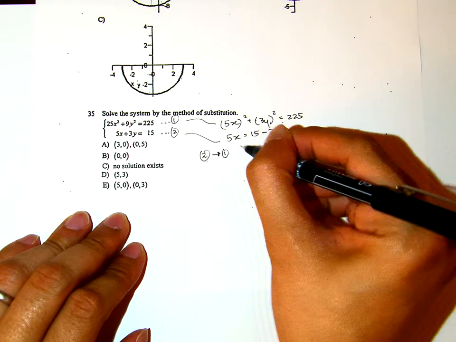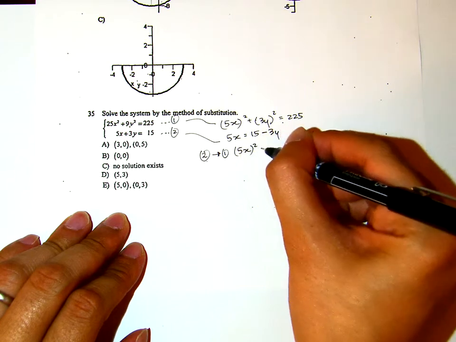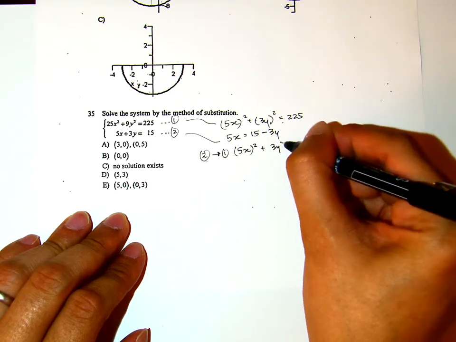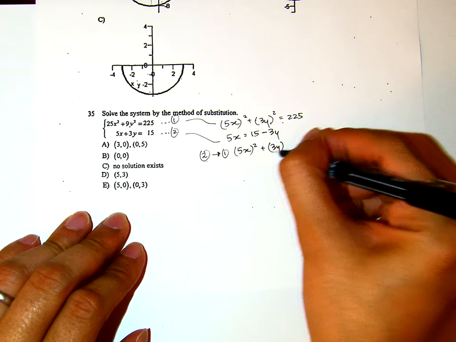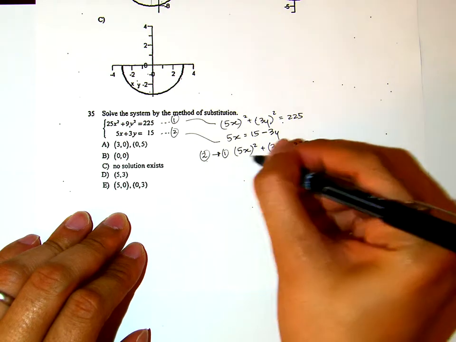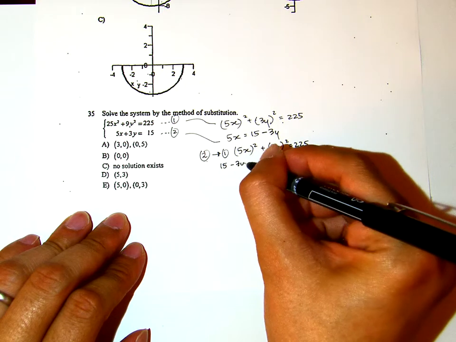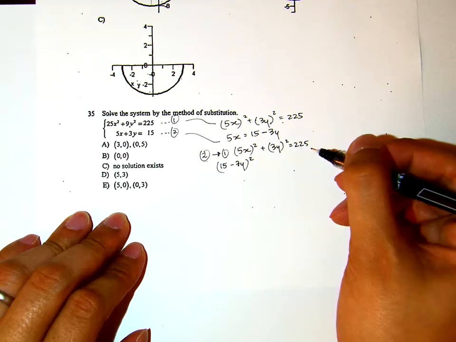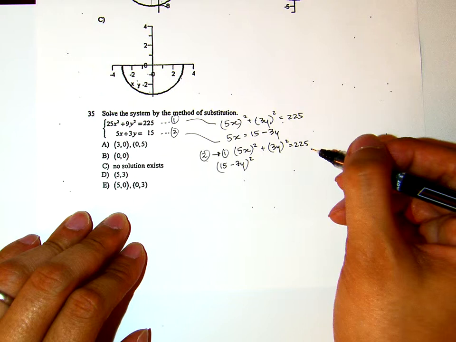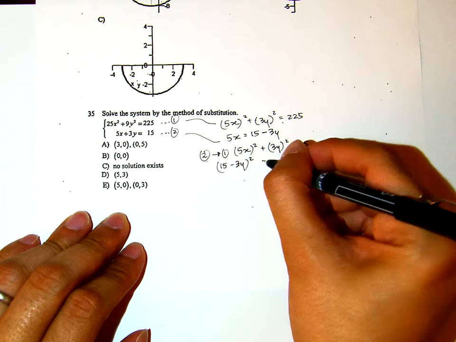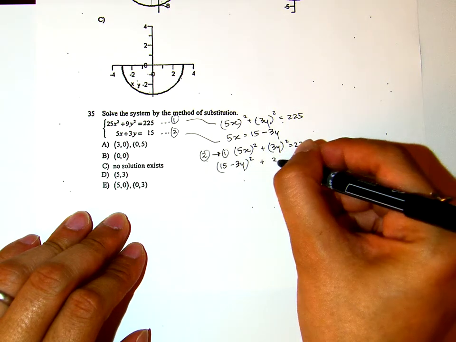The first equation looks like (5x)² + (3y)² = 225. I replace that 5x by (15 - 3y), so (15 - 3y)² + (3y)²